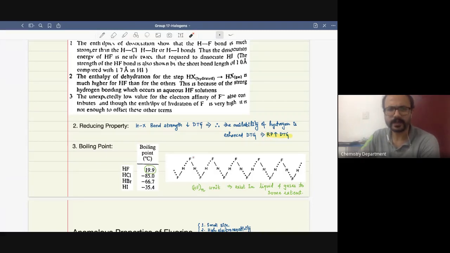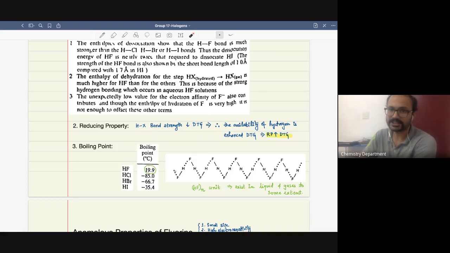Okay. Now, boiling point. Usually as you move down the group, we know that the boiling point should increase because of the associative nature or the van der Waals interactions that are possible on account of increasing size. So from HCl, HBr, HI, you see an increase in the boiling point, but you see an abnormal increase in the case of HF. And that is because of the intermolecular hydrogen bonding that it forms.